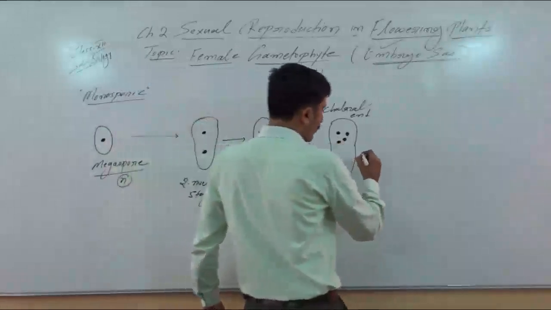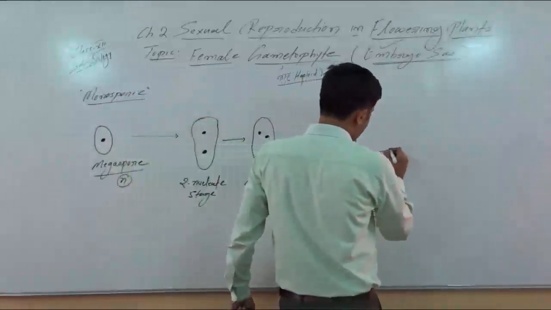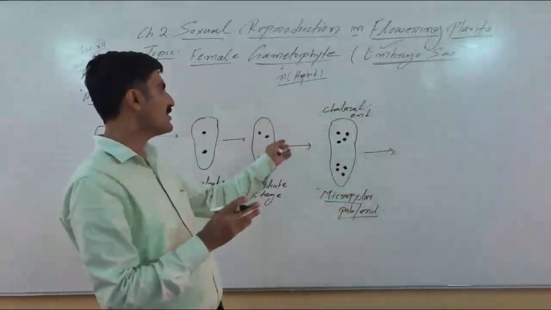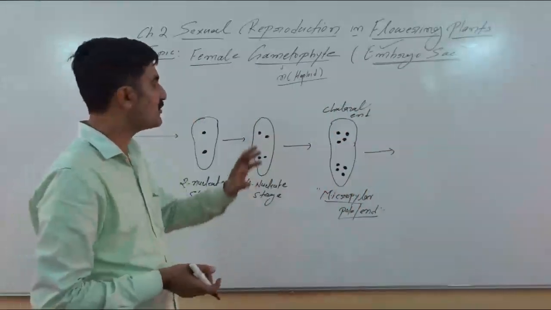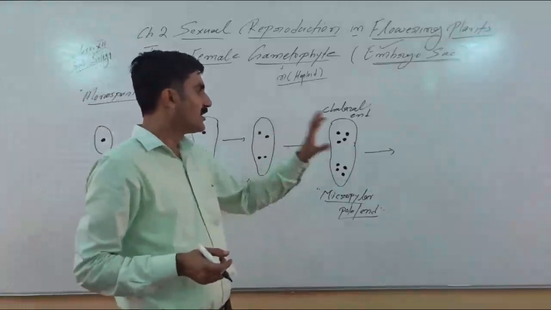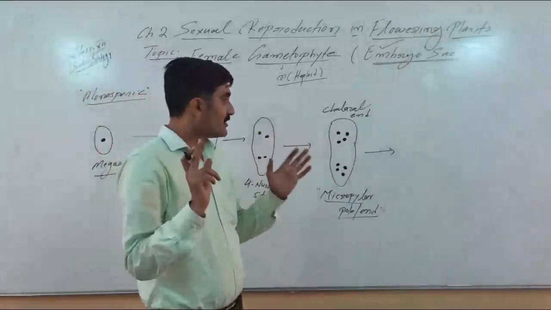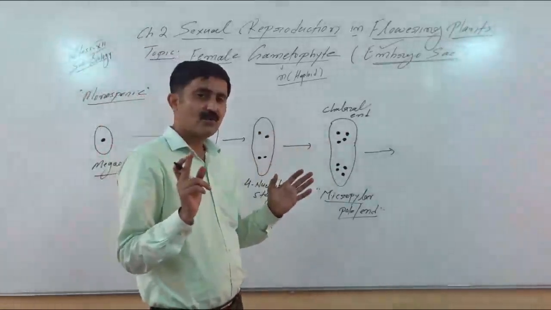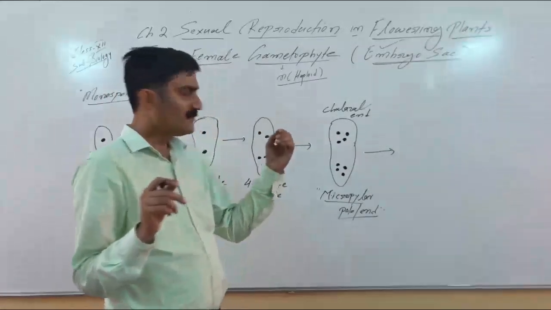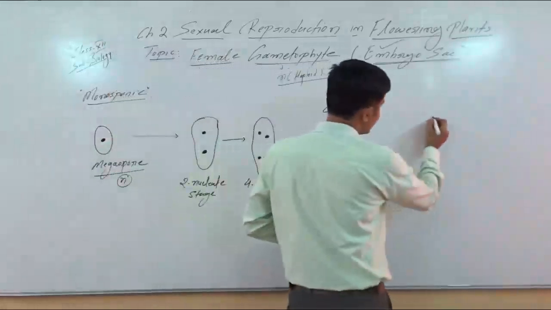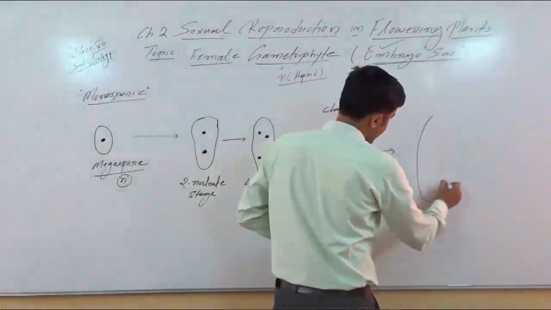will now, we can see, there will be division of cytoplasm. There will be cytoplasmic division, and due to cytoplasmic division we can observe here there will be formation of 7 cells, okay, and 8 nuclei. So how this formation of 7 cells and 8 nuclei takes place, let's see.